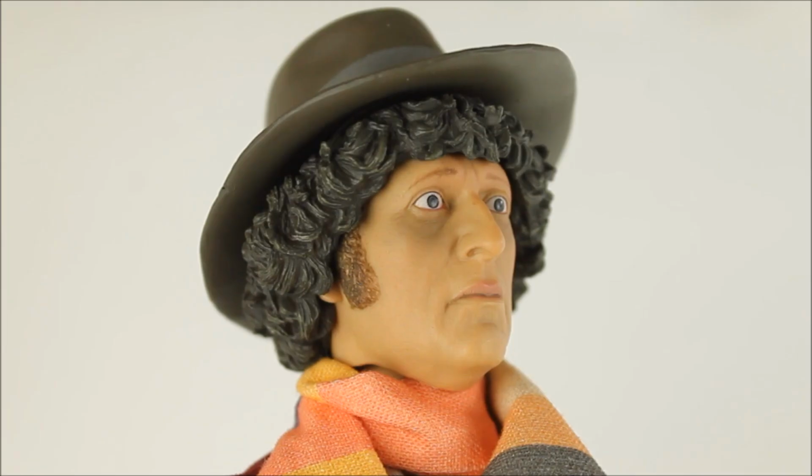The bone structure in particular is really impressive. I love those little wrinkles around the sides of the nose and the mouth and even the chin, and I like the fact that the lips have been given a very light pink paint application, again not too over the top. But as you start to look closer at the sculpt, perhaps there's a few pigments and paint application which